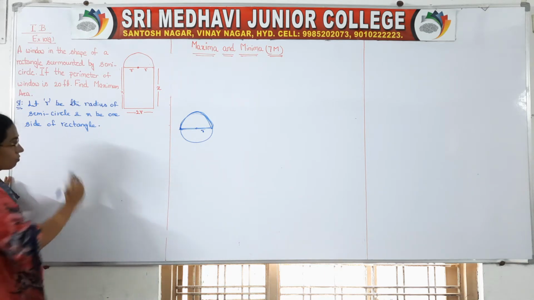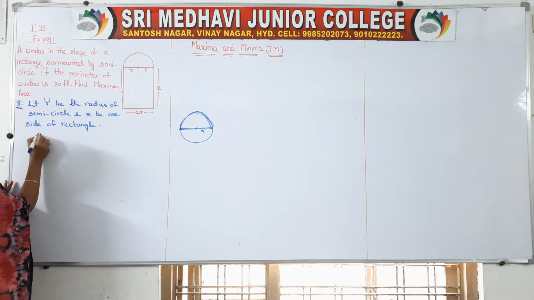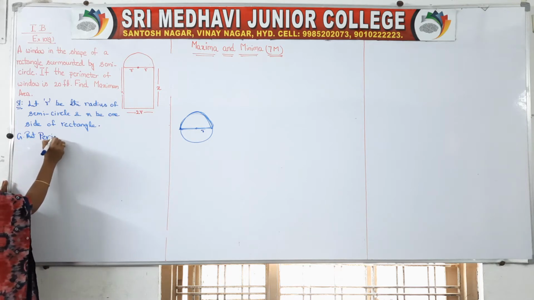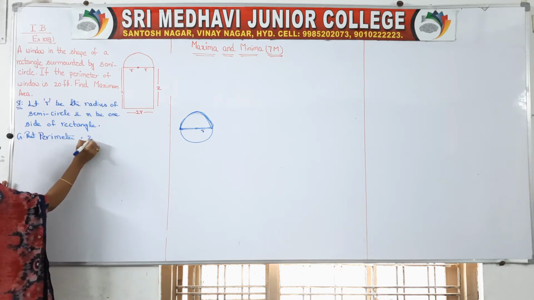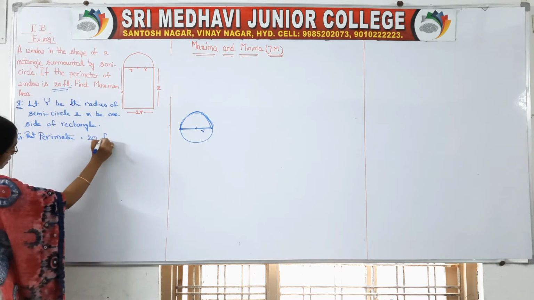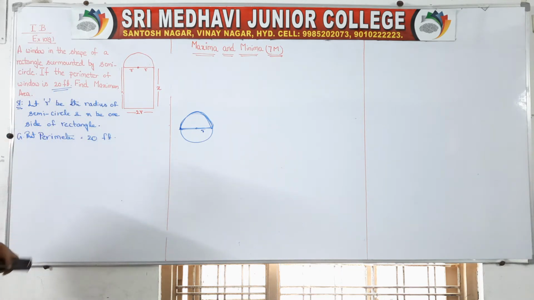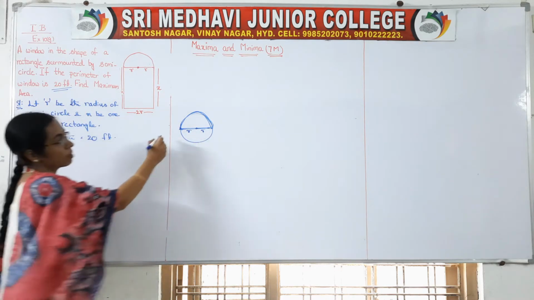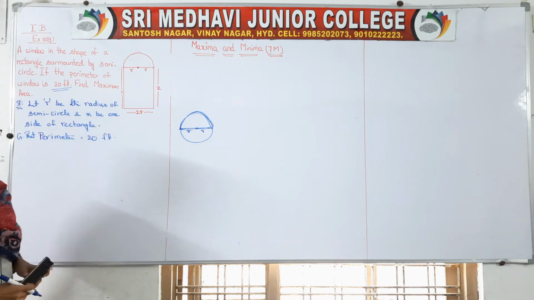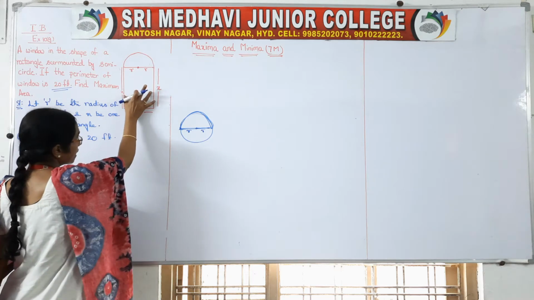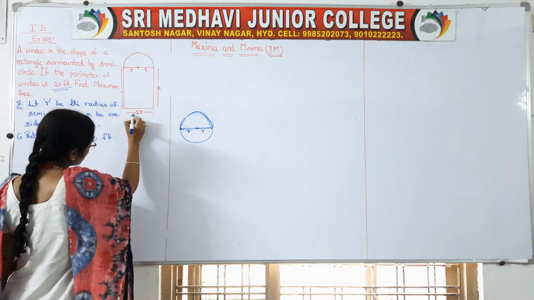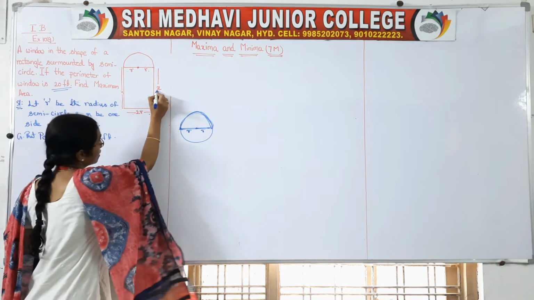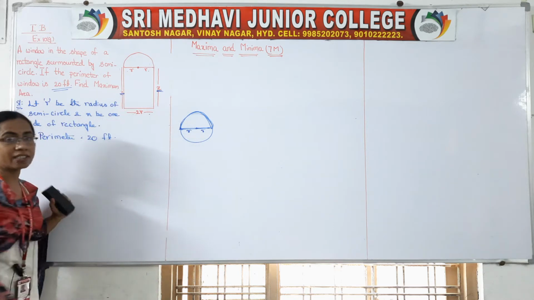So what is the given information to you? Perimeter is given to us. Given that perimeter is equal to 20 feet. So observe, here R means this side, R means this side, isn't it? This is the diameter, 2 times the radius. So this is R, this is R, it is a rectangle box. The total is 2R, so here also 2R. I have taken one side of this rectangle as X, means this side also is X.